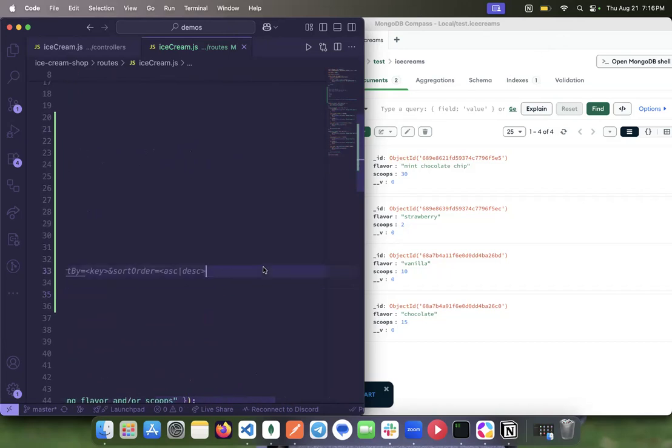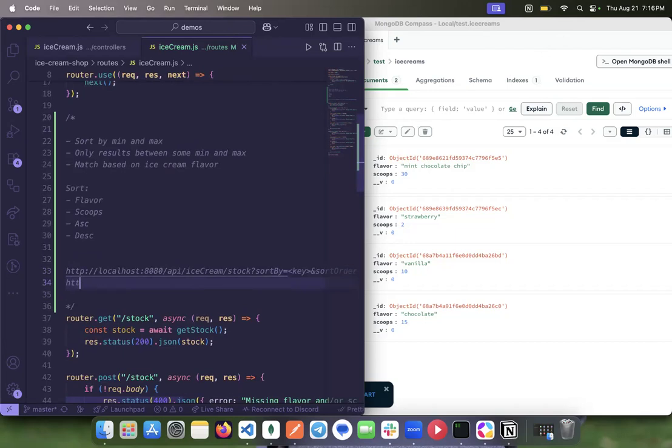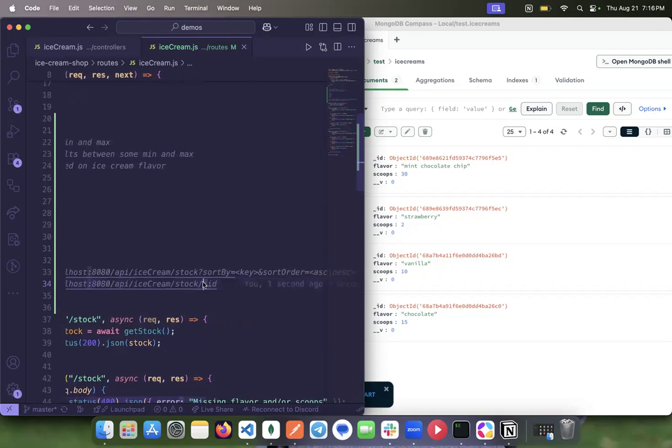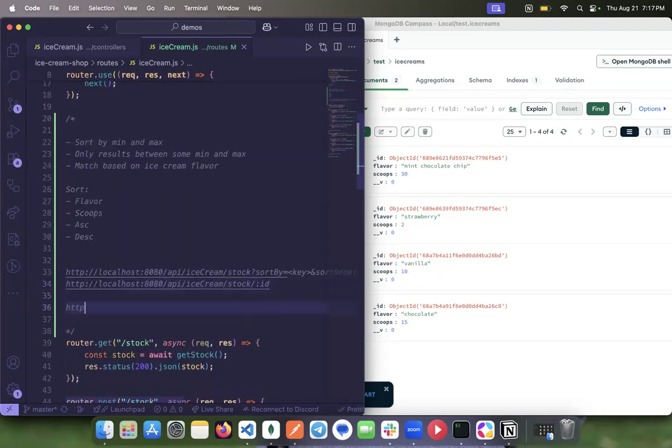Anytime you want to restrict the amount of data, that's generally when we want to use a query parameter. There's another type of parameter too that will typically go with GET endpoints, and it can go with other things as well. Let's say we have ice cream / stock / ID. You might see this pretty often with this colon in the path. This indicates that there is a chunk of the path here, but it is a variable value. So I could query to